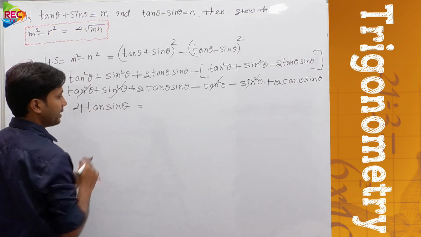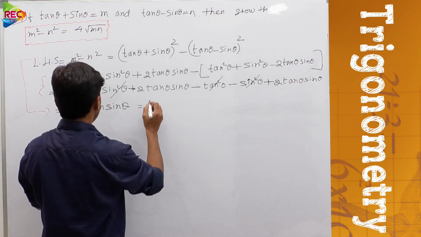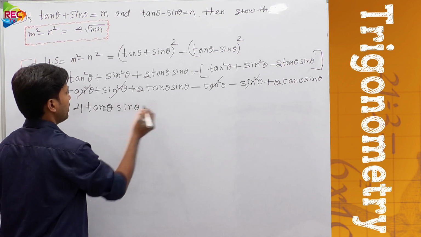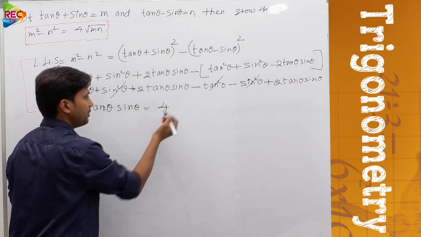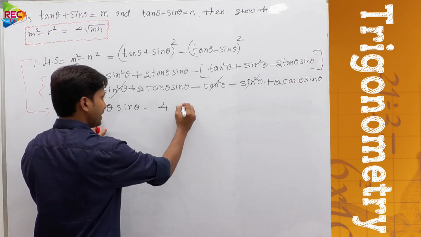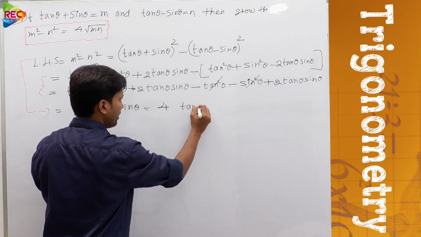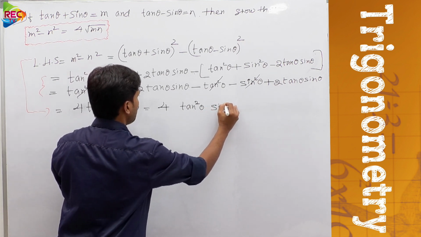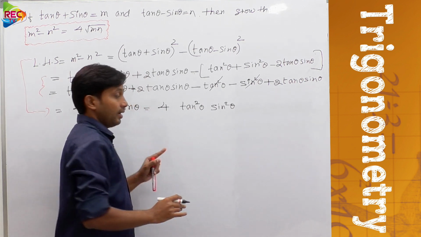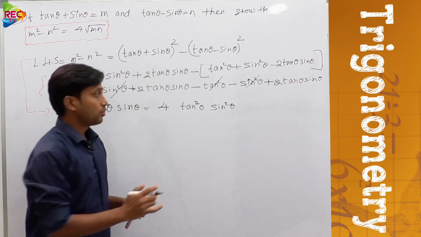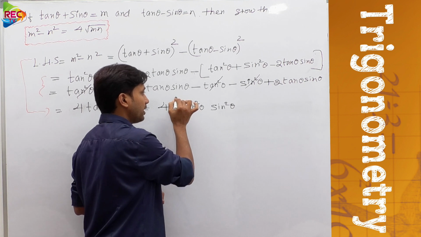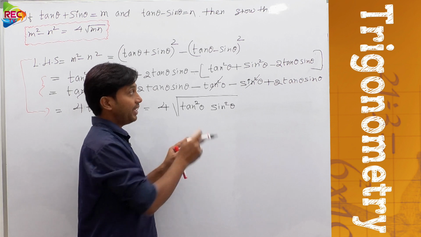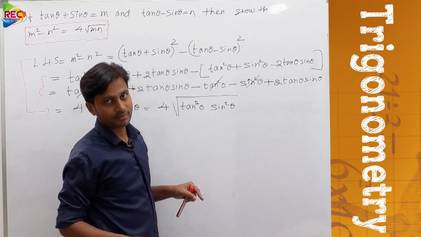Okay, in order to get that, I am doing one thing. See, tan theta and sin theta. For my convenience, to tan theta I put square, and to sin theta I put square. But the value will be changed now. So the value should not be changed. So what do we have to do? We have to apply the square and square root.